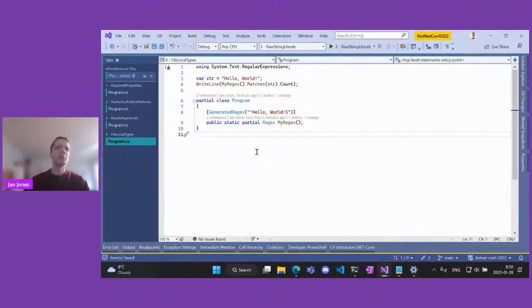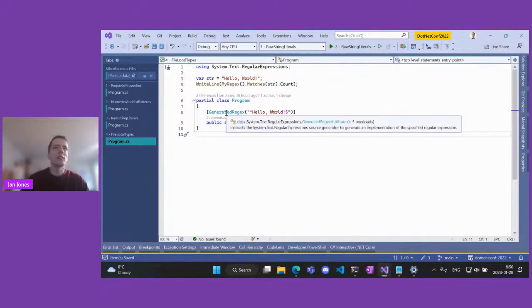Or it could even be compiled, but again, that would happen at runtime every time you start the program. The first time you use that regex, it would get compiled. So the subsequent invocations would be more efficient, but still it would have to be compiled at runtime. So what's new here is that we can generate regexes at compile time into code. So it should be faster and can be ahead-of-time compiled and so on.